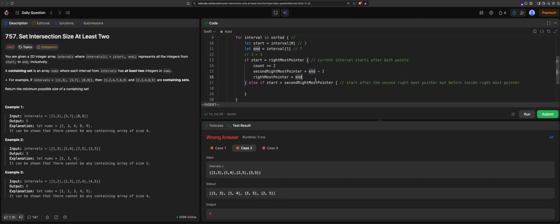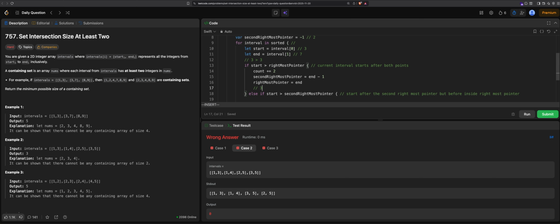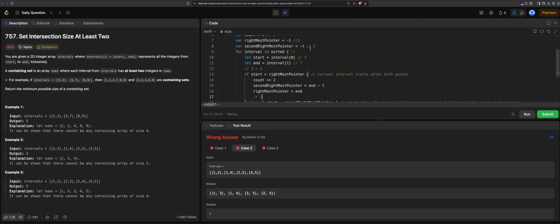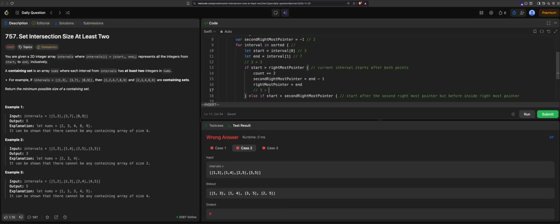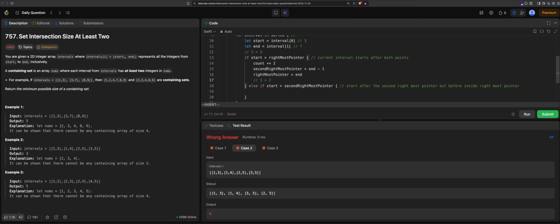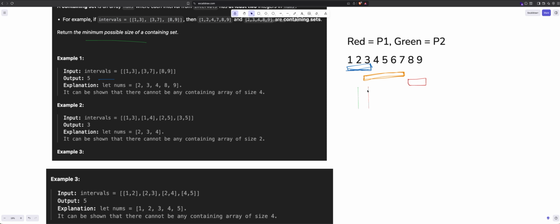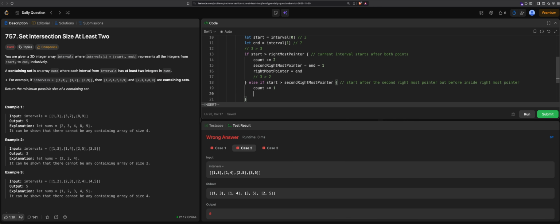So we compare it in here again. So start is a 3 in here. Our second rightmost pointer is 2. Then that condition is correct for our case. What we're going to do is also pretty simple. We're going to take only 1 for the count. Why? We are already overlapping here, so we don't need to move that pointer anymore. And then what I'm going to do is